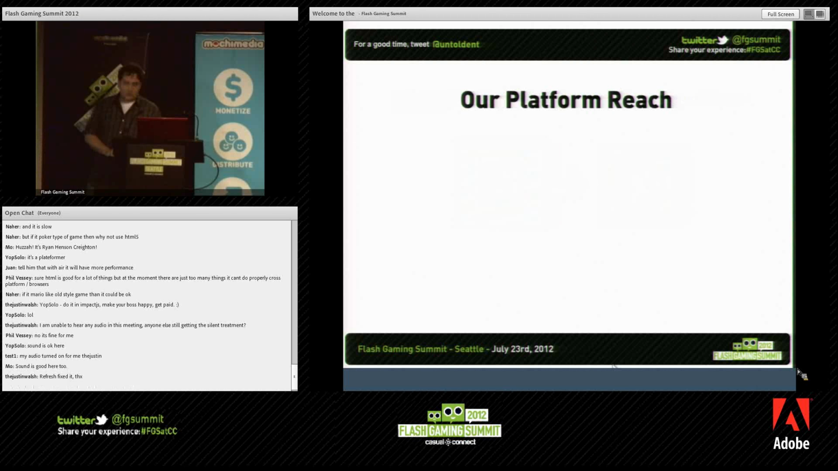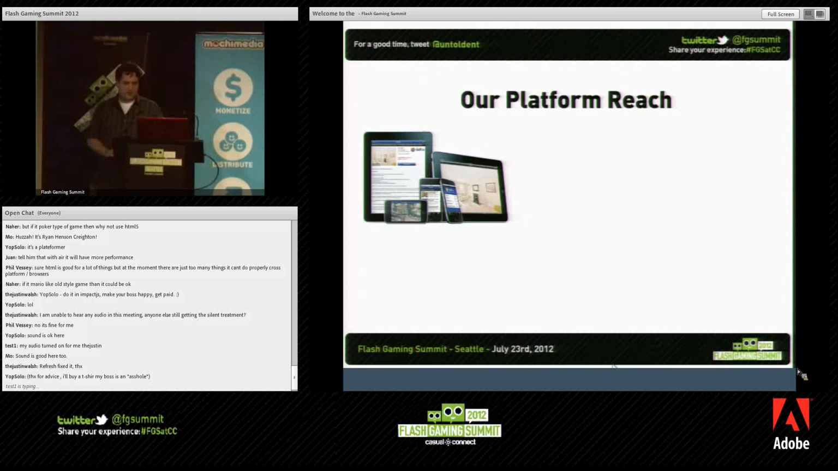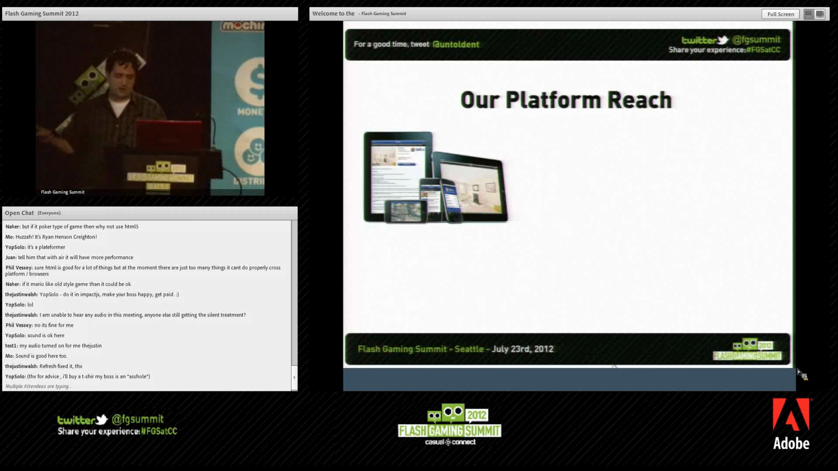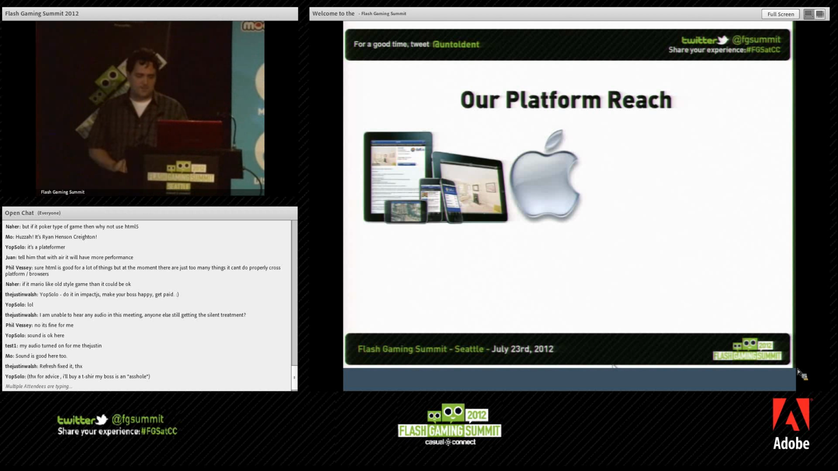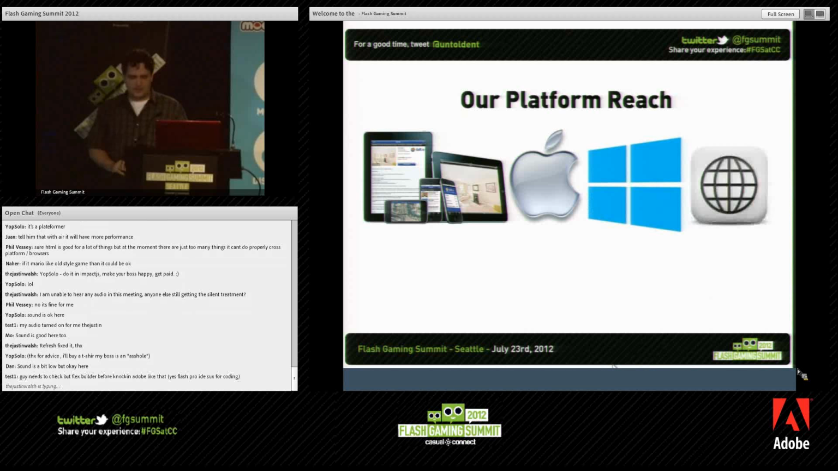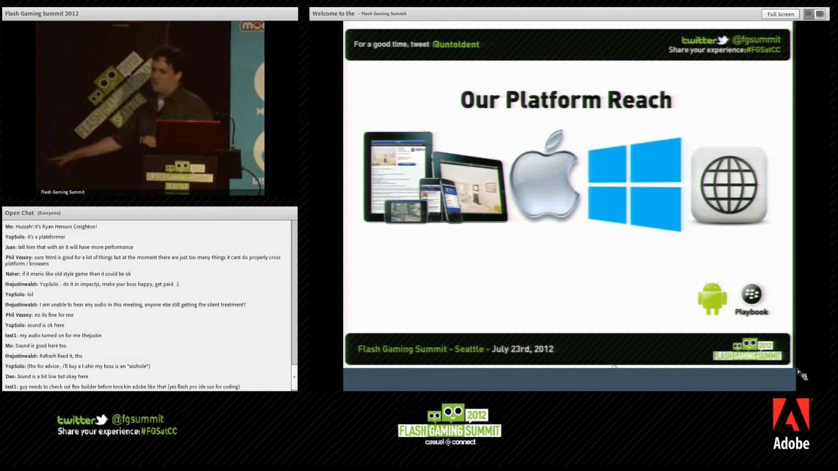Our platform reach using Flash, we can get to iOS, most iOS devices. It gets a little bit dicey if you're trying to target iPad 1 or iPod generations 1 to 3, but as soon as you get to iPod generation 4 and iPad 2 and beyond, you're good to go. We can target Mac computers, Windows computers, and that icon means the World Wide Web. We can also get down to Android and Playbook, and I made them really, really little, and I put them down in that corner